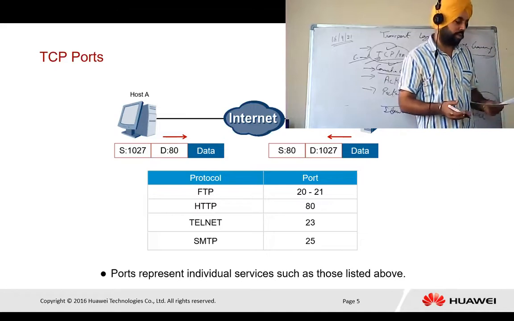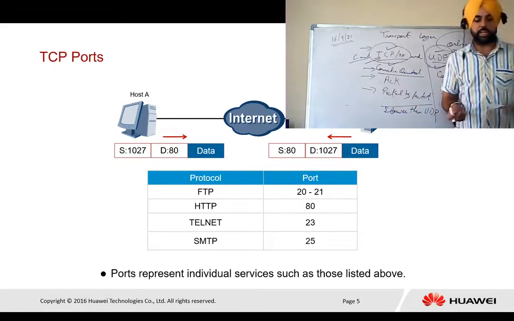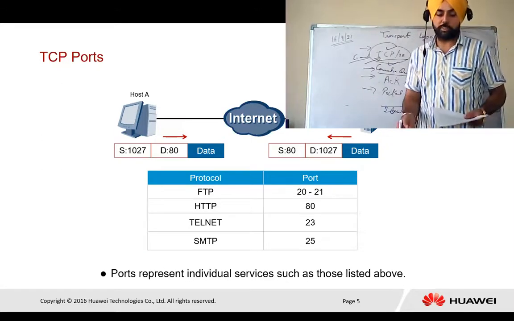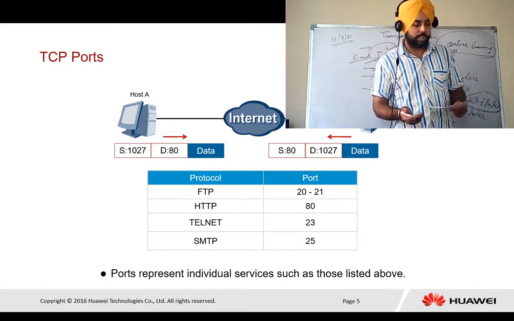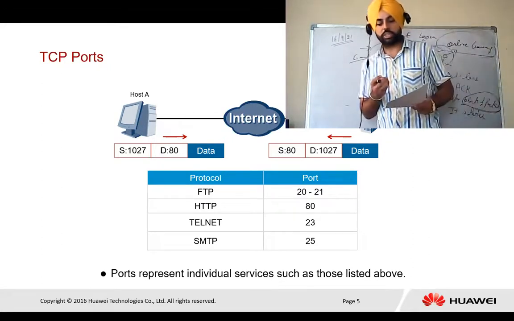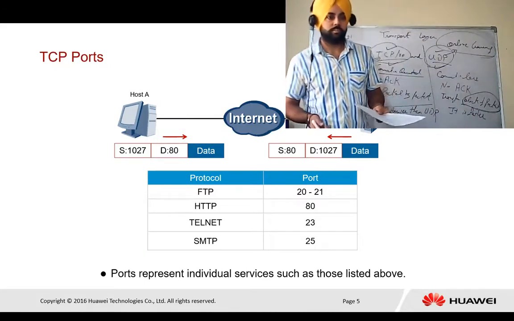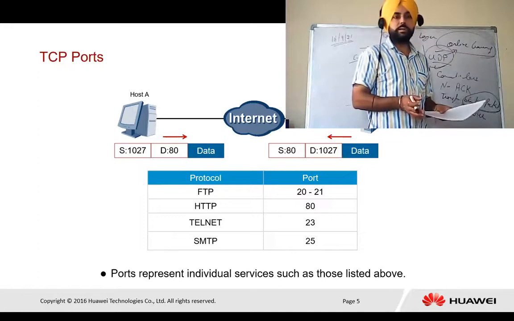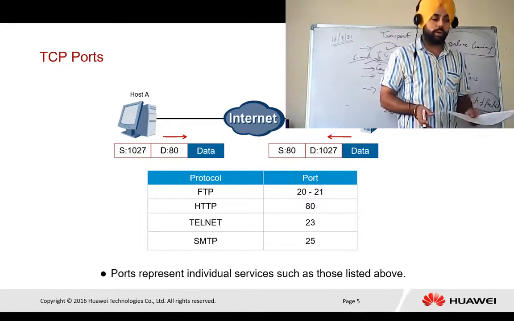For allowing many processes within a single host to use the TCP communication facility simultaneously, TCP provides a set of ports within each host. So at that time we need a protocol as well as different port numbers.